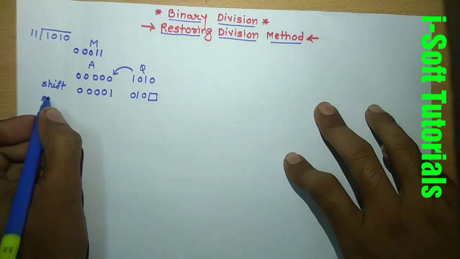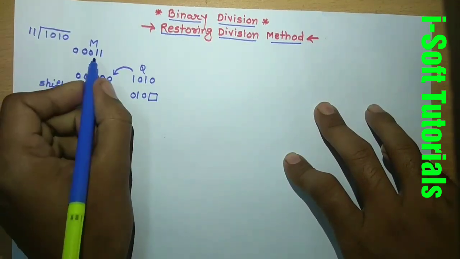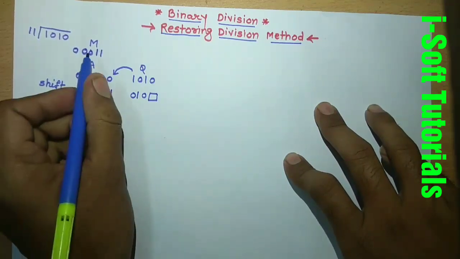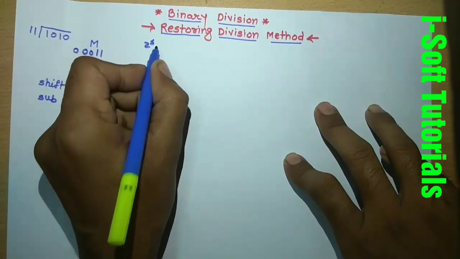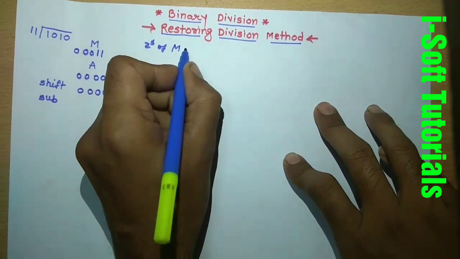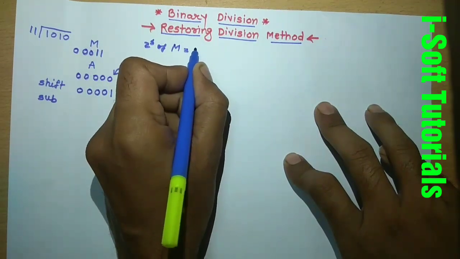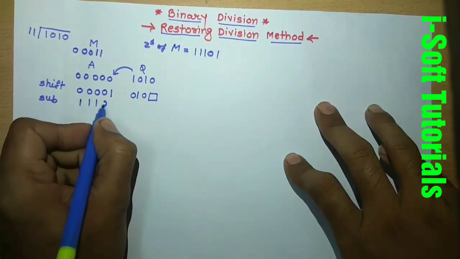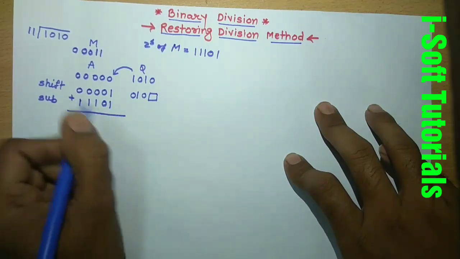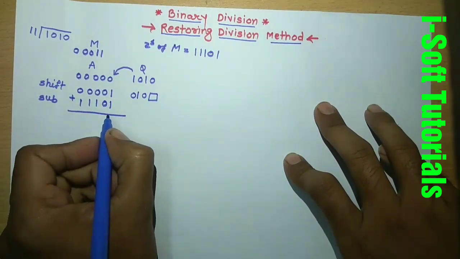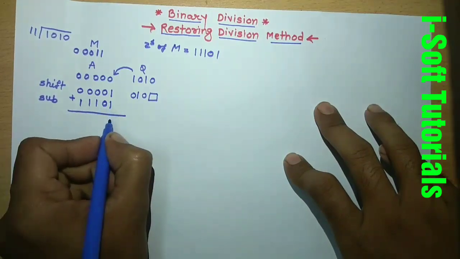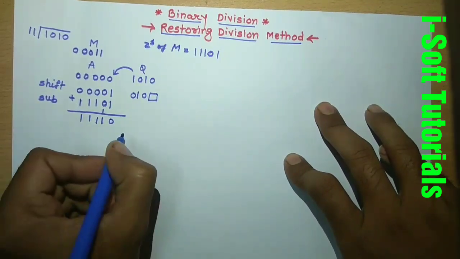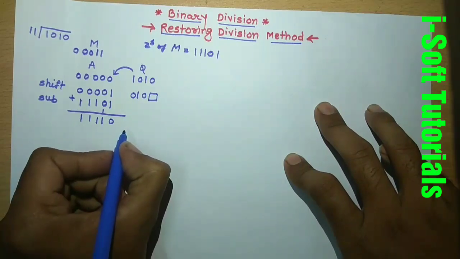So I will write here: subtract m from A. For subtracting m from A, we calculate the 2's complement of m. The 2's complement of m will be, if you calculate, I will directly write here 1 1 1 0 1. This is the 2's complement, so I will put it here. And if we perform addition, this equals subtraction. You know all the rules of addition. So 1 plus 1 is 0, carry 1, and so on, giving 1 1 1 1 1, so 4 ones and a 0.